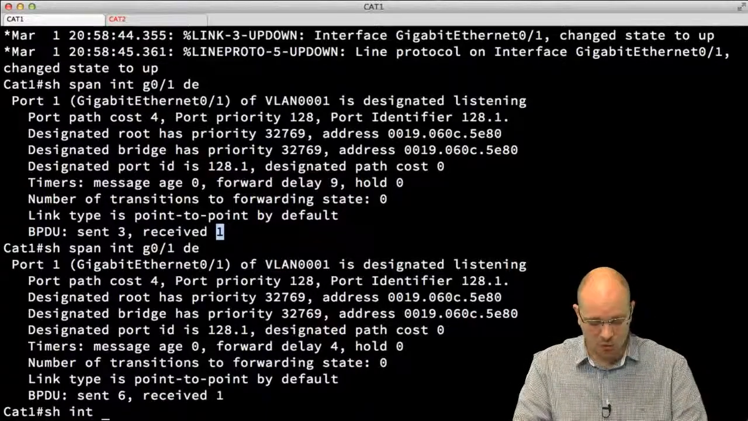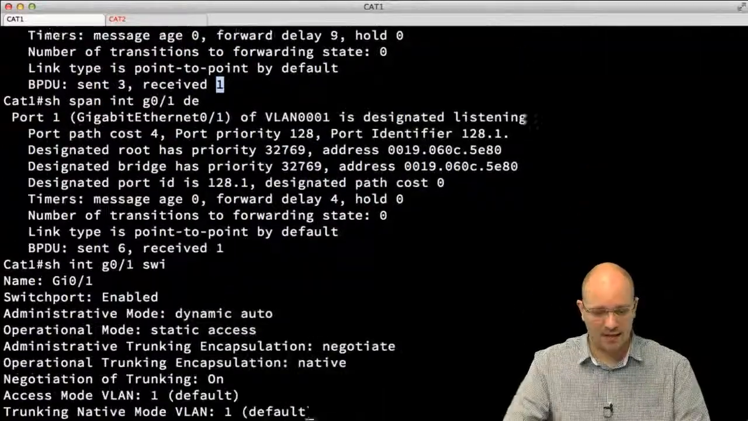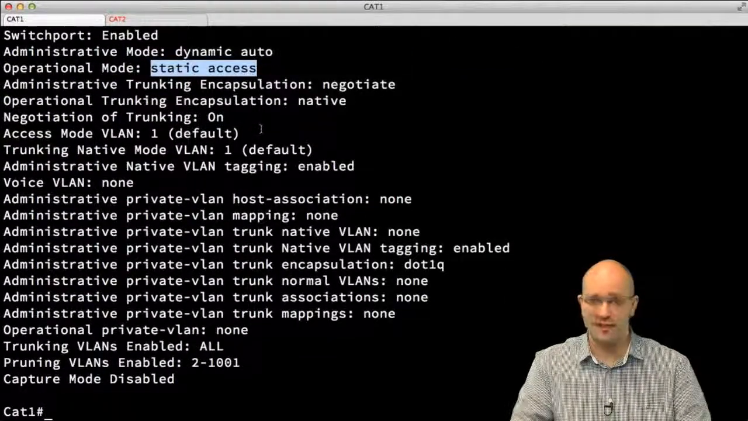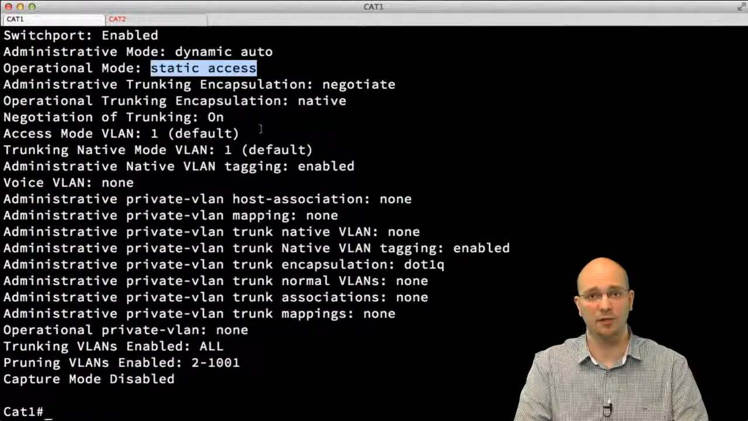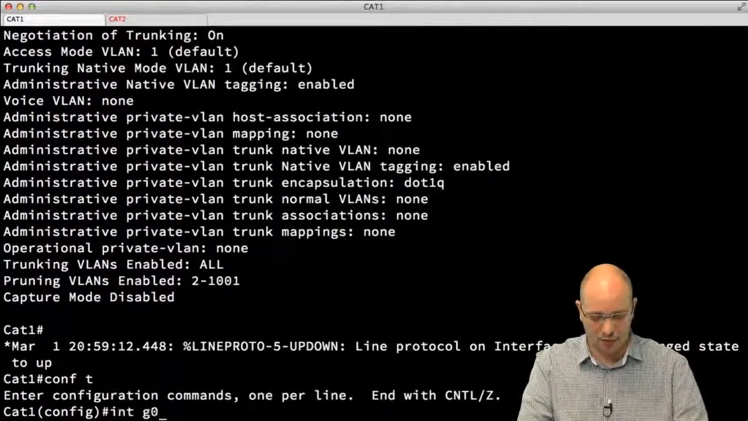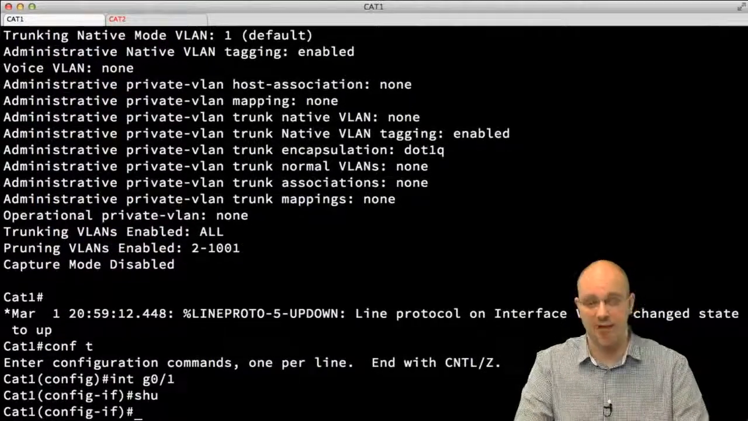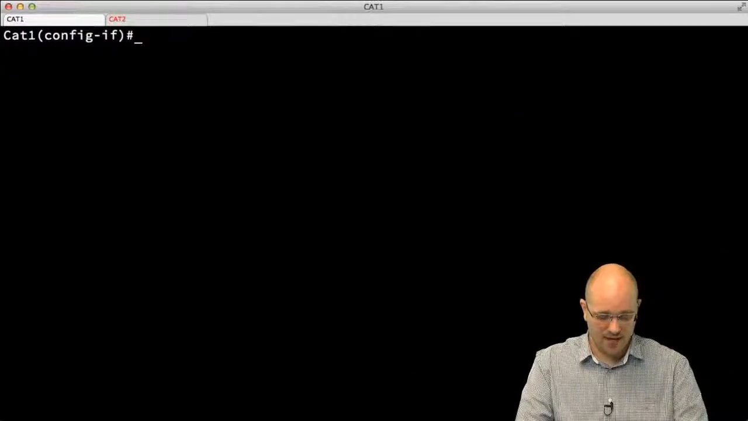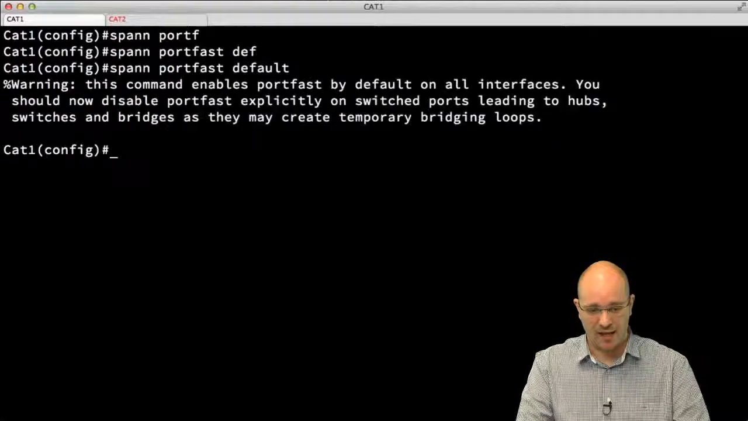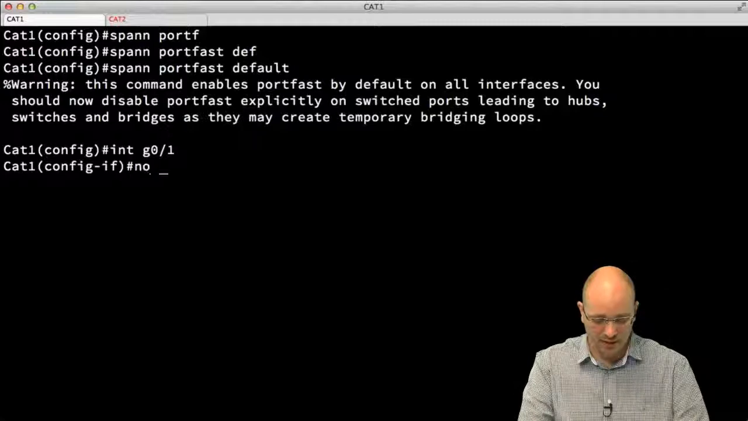Gigabit 01 is now operating as a static access port, which means that if I globally enable the BPDU filter and globally enable portfast, this port should be affected. So what I'm going to do next is start by shutting this port down, and then in global configuration I'm going to say spanning-tree portfast default. Now when I bring this interface up,